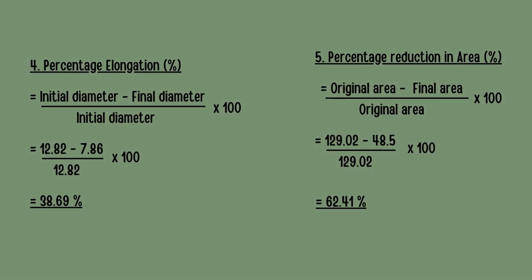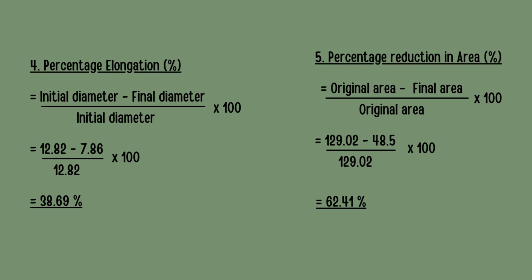Next, calculate the percentage of elongation. How to calculate the percentage of elongation? The formula is initial diameter minus final diameter over initial diameter times 100. The initial diameter, which we can get from the result, is 12.82, minus the final diameter, which is 7.86, over 12.82 times 100, and you will get